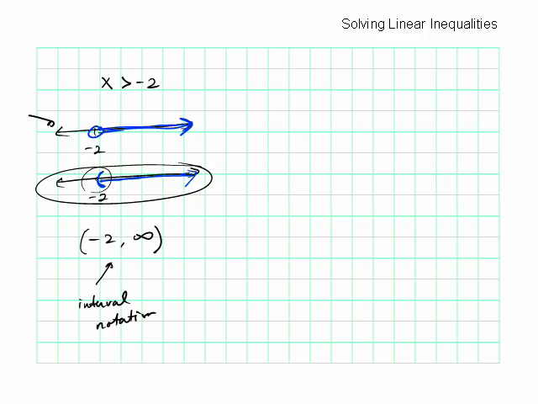And here it is graphed, and this is our inequality. These are three different ways to represent the same thing. Here's another example. X less than or equal to 1. So I'm going to shade everything below 1,